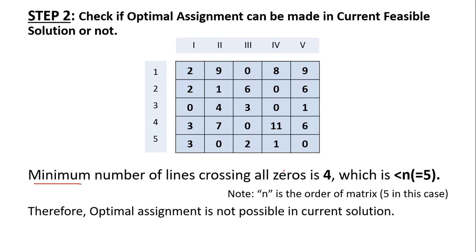So since I can see this column 3 has 2 zeros, let's start with striking off or crossing off the row 3 first, and then also we can see here we have 2 zeros in the row 5, so we'll strike off that, and we can see row 3 has 2 zeros again, so that can be striked off, so that we can eliminate zeros in minimum number of lines.